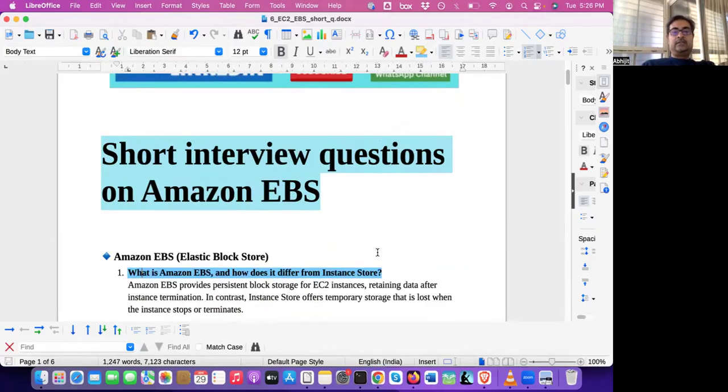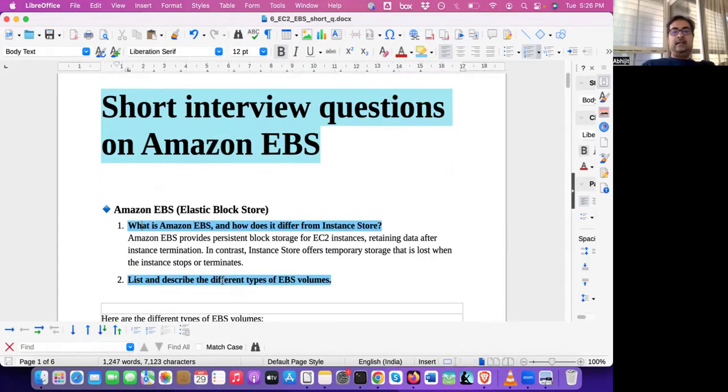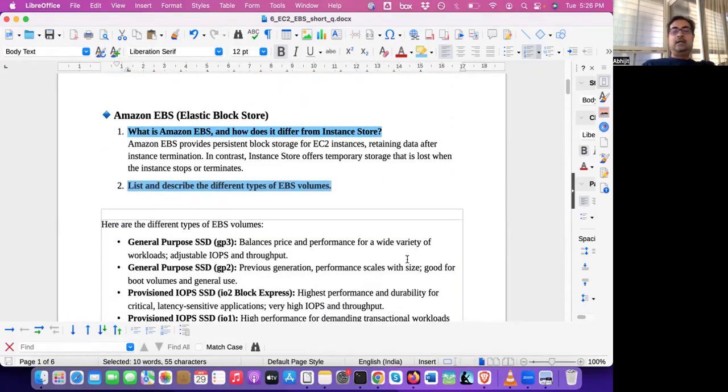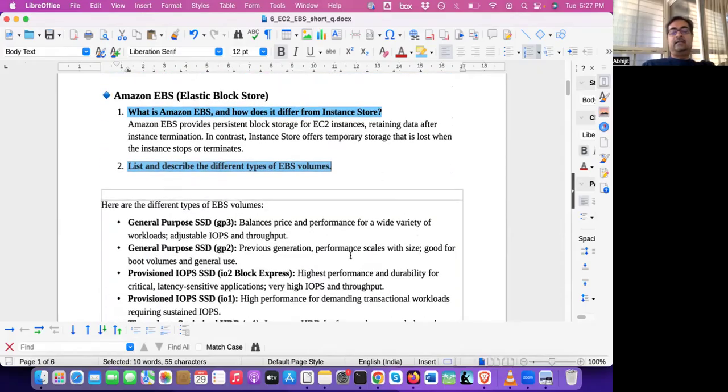Okay. So next question is list and describe the different types of EBS volume. So there are different EBS volumes. We don't need to remember exact details, but in the interview, we can say that they're based on the performance IOPS, input output operations per second, based on how fast you can do input and output per second, right? Based on the IOPS,